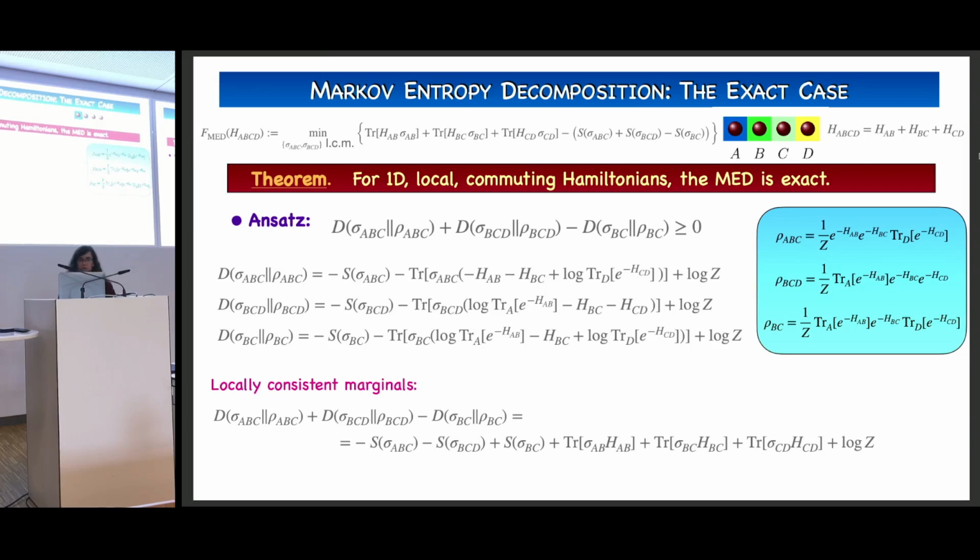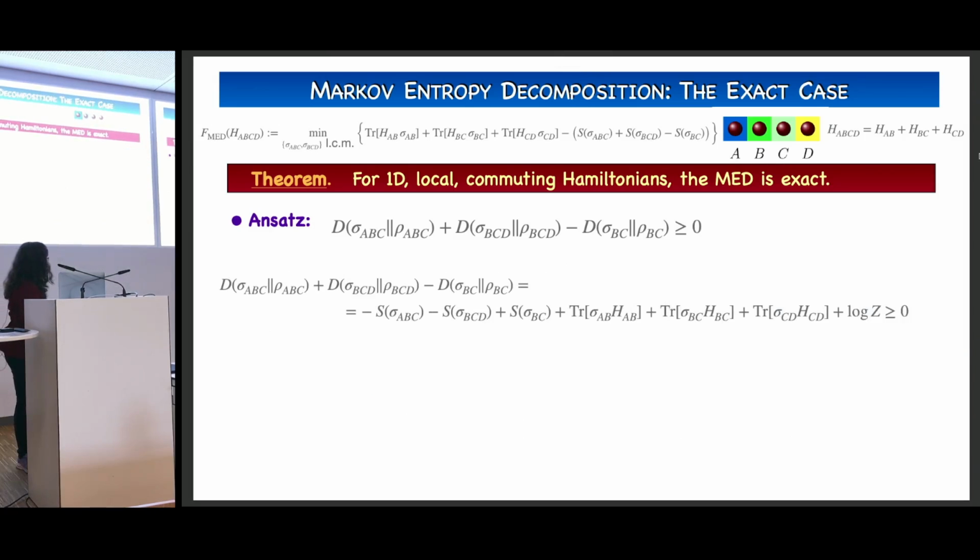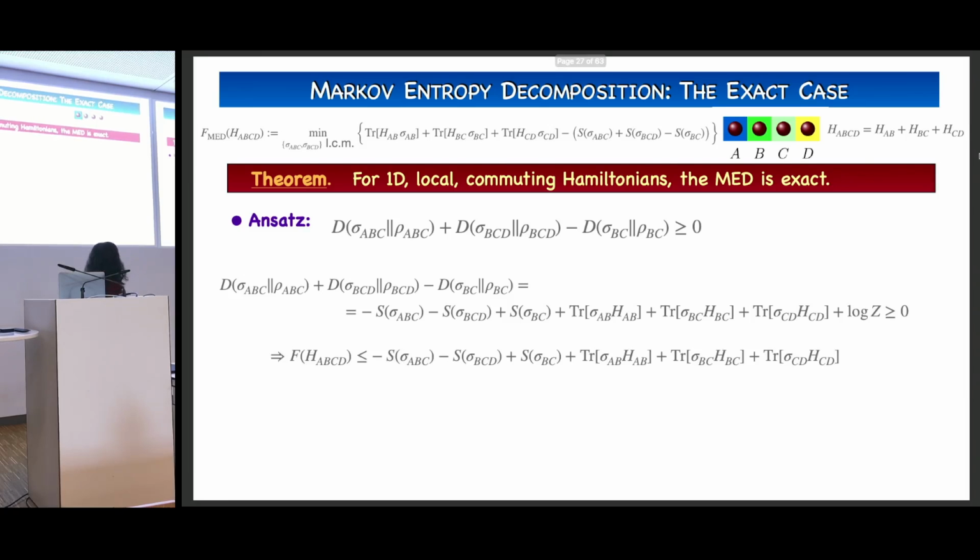Now that we have this expression, by the ansatz that we have from above, this is actually larger than or equal to 0. And then, if you look carefully here, you realize that minus log of Z is the free energy, which means that we can bring it to this side, and now we have an upper estimate for the free energy. Okay, so the free energy now is upper estimated by this sum and difference of terms.